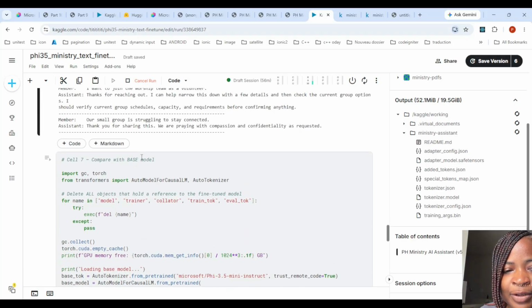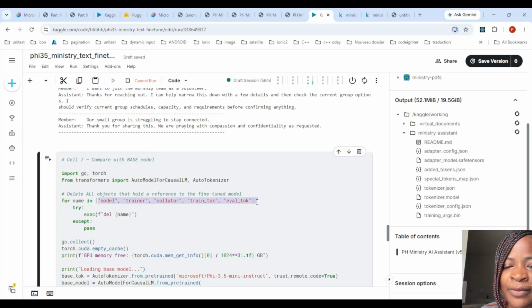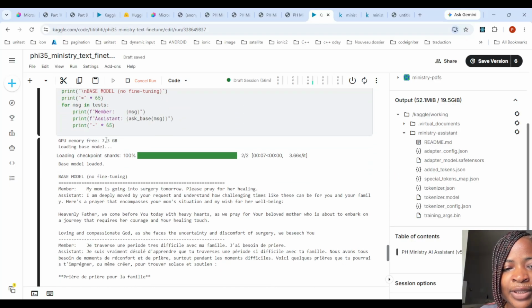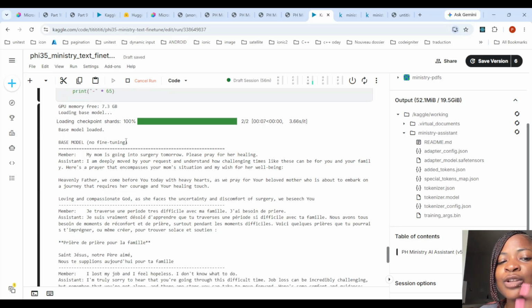And then when I compare to the base model, I had to first use Claude to delete everything that we had before, because since it's just one GPU, when you want to use the base model that is not fine-tuned, it wants to install the model again and it doesn't work because this is just 16 gigabytes. So 7 plus with what we use plus this one again, it doesn't work with that same GPU. So what we do, we free the memory, we remove all those things, and we test again with the non-fine-tuned